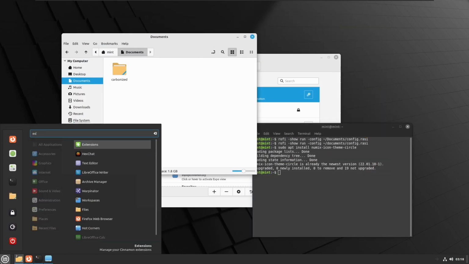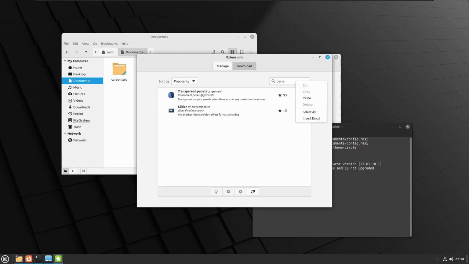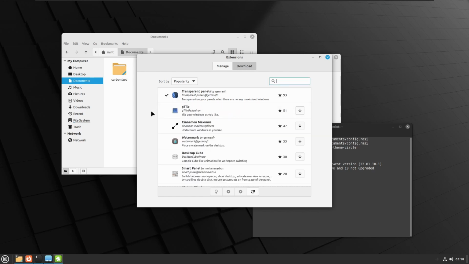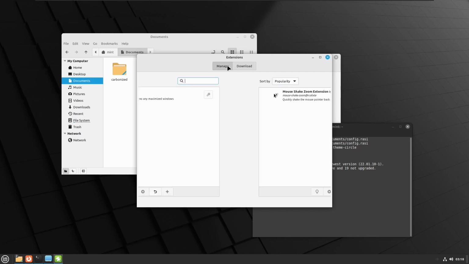We also need some extensions. Search for extensions from the app launcher, open Cinnamon settings and access extensions from there. We need transparent panel. It will basically make your panel transparent. You will have 3 options to choose from: fully transparent, semi-transparent, or even shadows. Shadows is the default option which is enabled in this, so we need not open the settings page in order